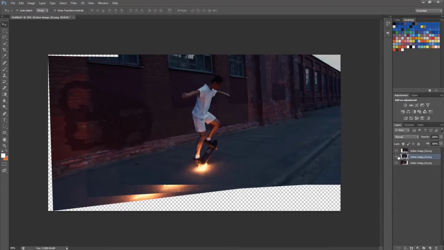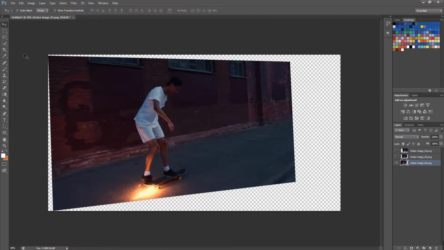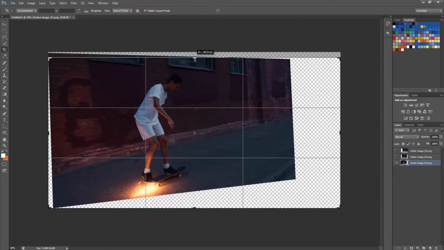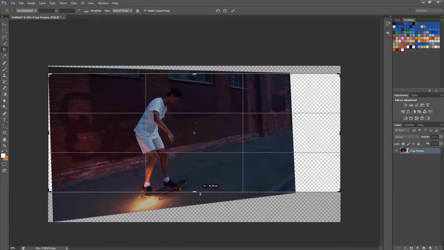Now, I'll repair the cutouts. For this, select the bottommost layer, or you can say the opening sequence layer. Select the crop tool and make a cutout of that image.